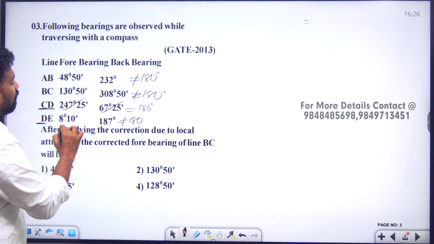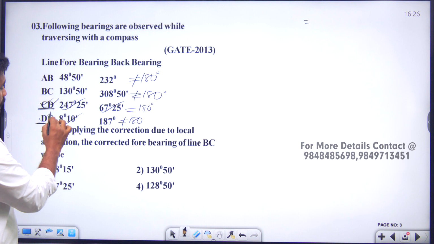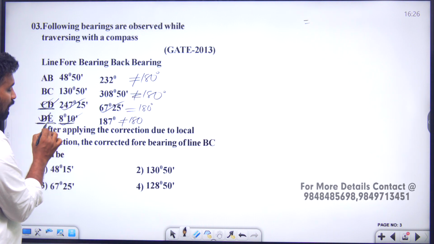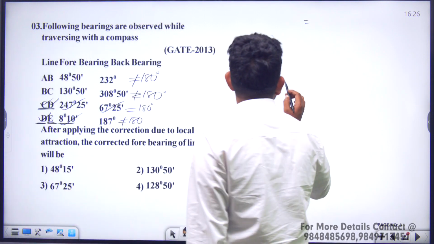So from D, the forebearing will be taken, which is also correct because here D is correct, right? Okay. So obviously the D value for the next line also will be correct. And the reading is not correct here for E because the difference is not 180. Okay. Now easily we can say,